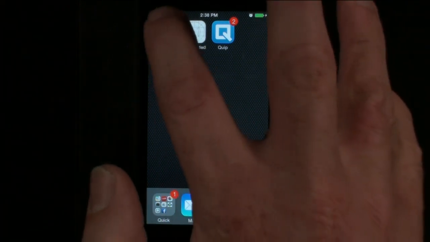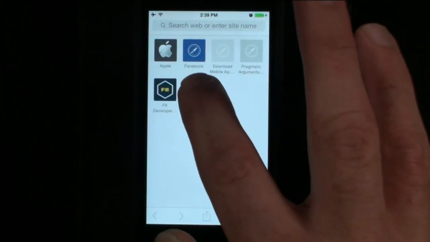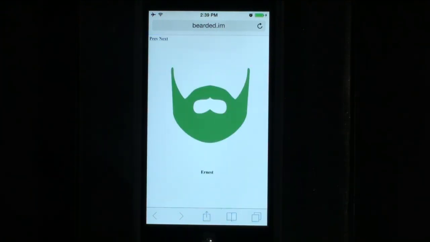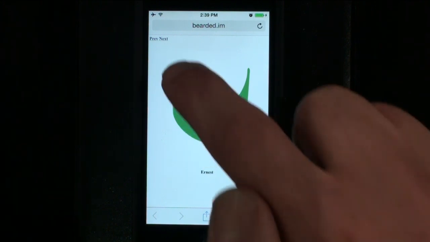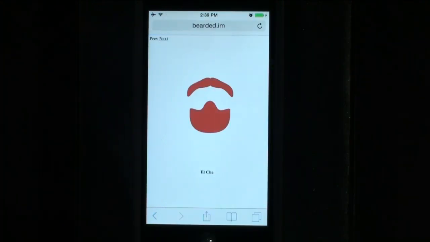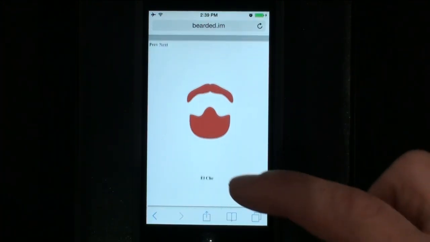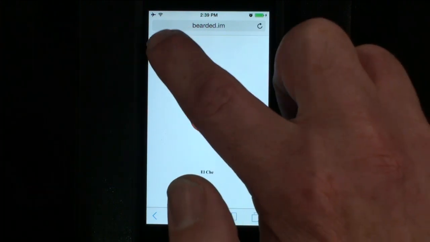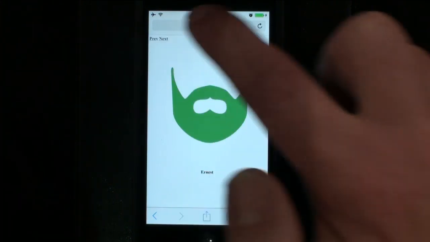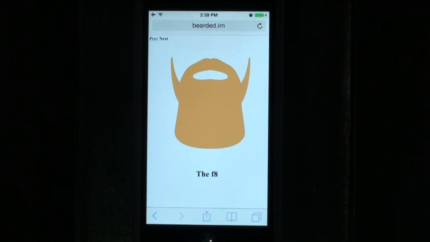So first, let me tap on Safari, go to my link for bearded.im, and you can see this is the Ernest beard type, and I'm displaying various beard types at my site. This is my Elche beard type, and when I drag around, you can see that I have a web experience for this. This is my favorite beard type, which I've been grooming for the last few months.